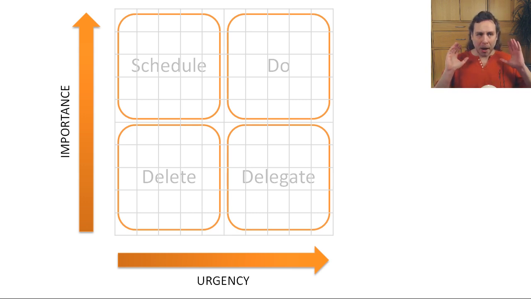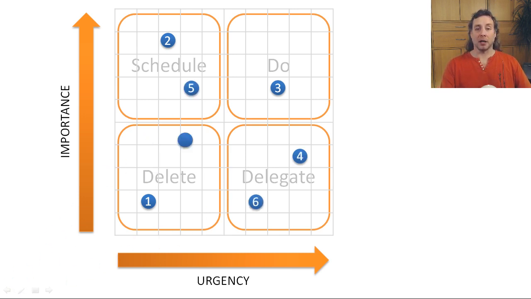But I've put a 10 by 10 matrix on the top here of our Eisenhower matrix, and then what you do is for every task that you have to do, you label it with a certain level of importance and a certain level of urgency, and then you plot them on this graph. And once you've plotted them on this graph, you can then check them and have a look at all of these points and all of your tasks,